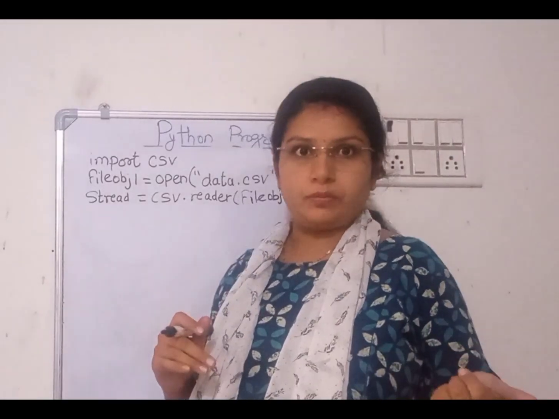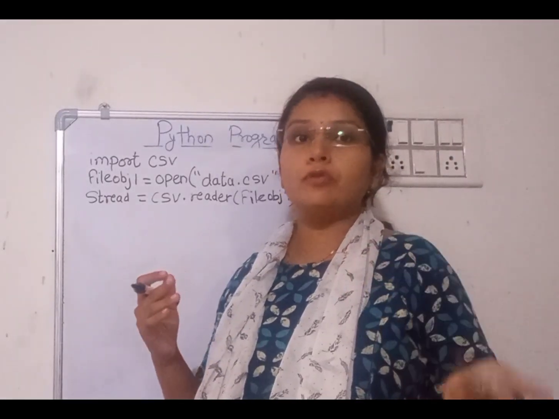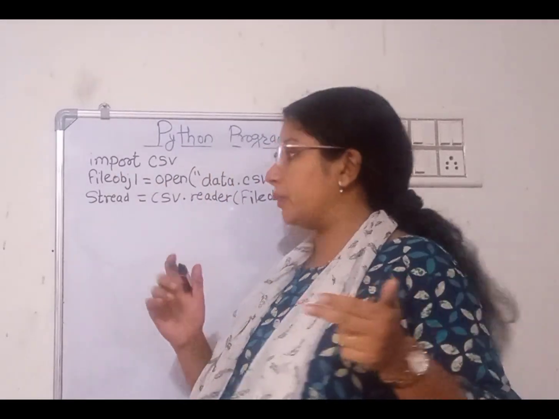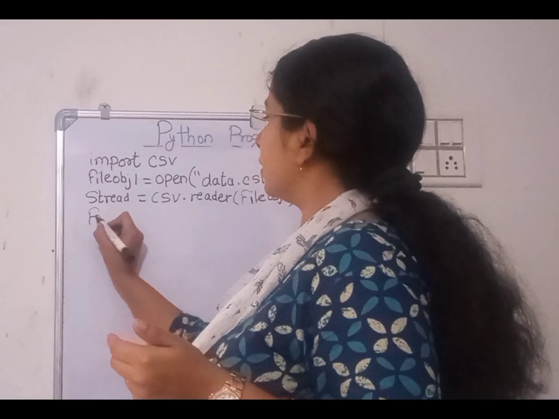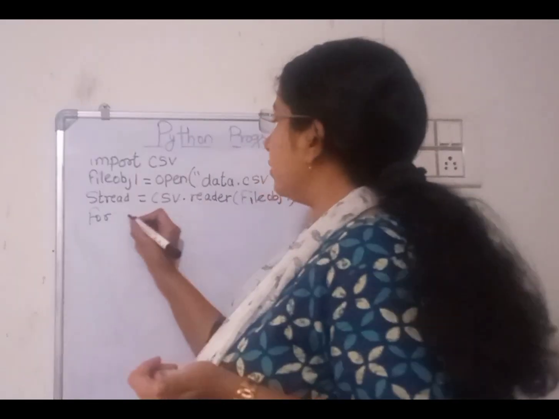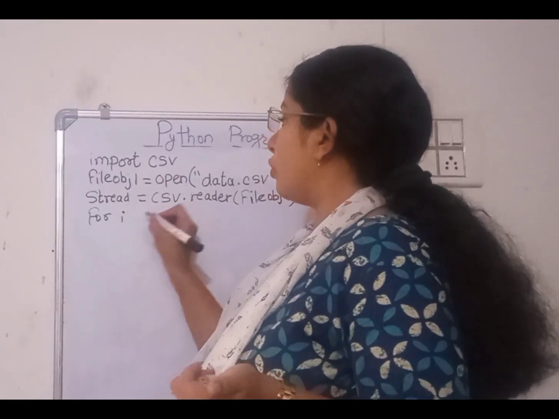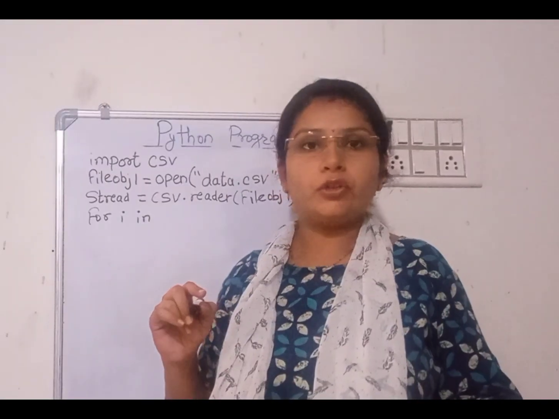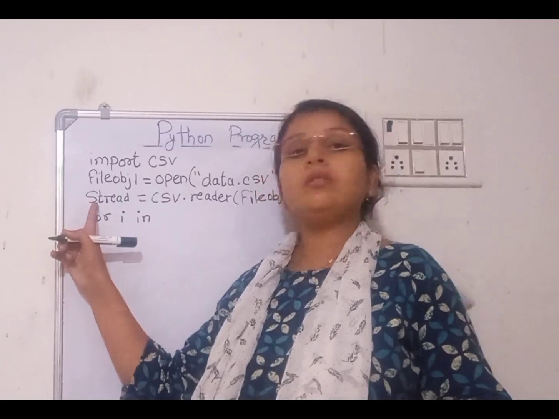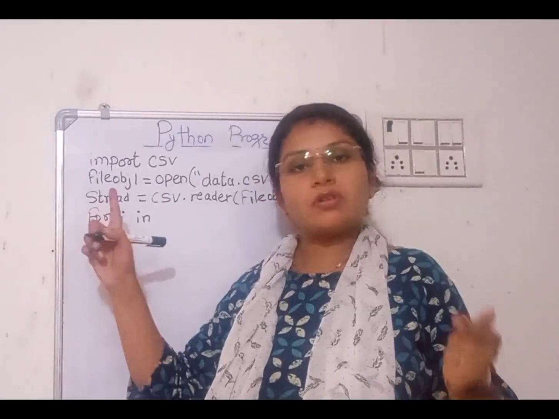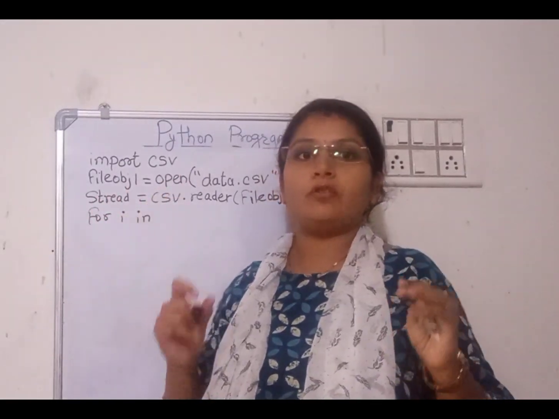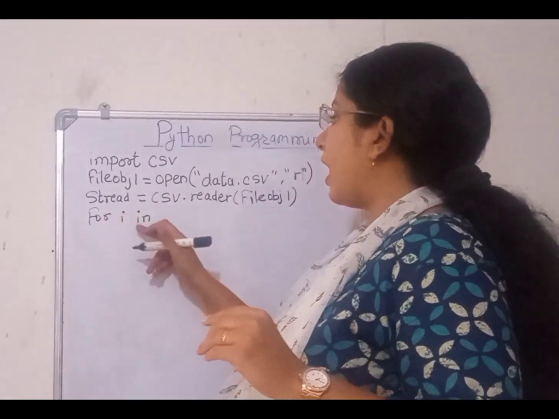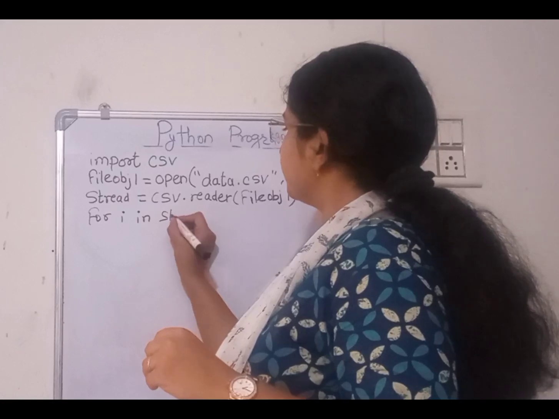By using a for loop, because with the help of the looping process you can easily access those lines one by one. So for, take any row identifier, I'll take i. For i in, now in which object are you looking for the data? Your reader object, because it has the access to the CSV file. So for i in stReader,